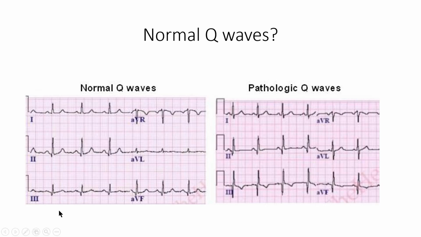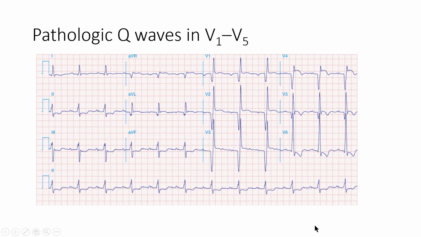pathologic Q waves. On the other hand, we have 2, 3, and AVF. We can see that these are well broader than the 0.04 square, and that they are sufficiently deep to represent at least half in this case, and certainly 1/3 here of the overall QRS amplitude. Here we can see pathologic Q waves quite deep in V1 through V5, which probably represent a significant old anterior